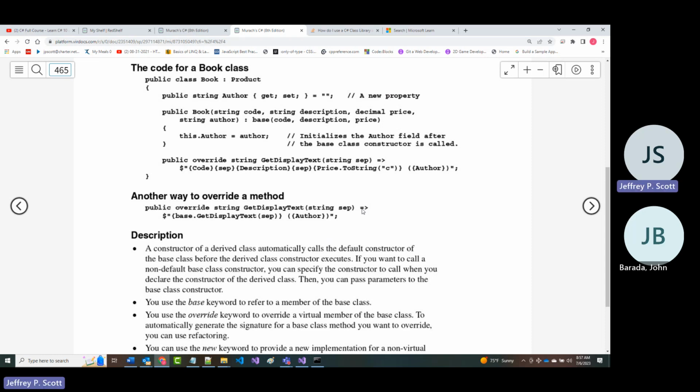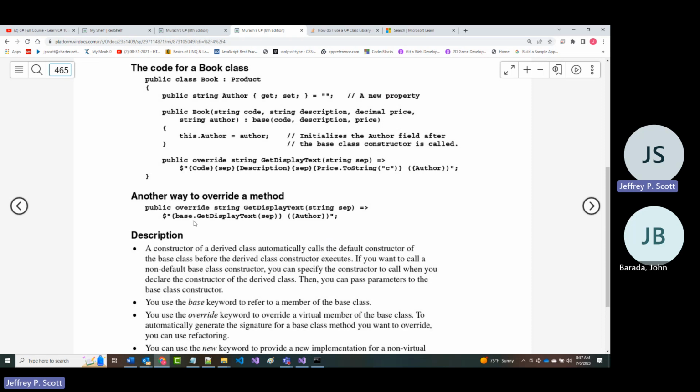In fact, they both use the lambda operator. But notice in here, we specified code with a separator, description with a separator, price, and you probably would have had a separator there too, but it's okay, and author.